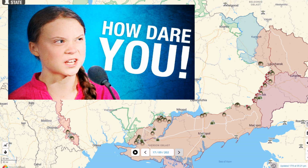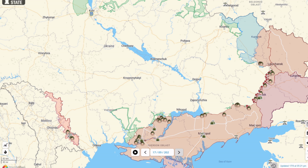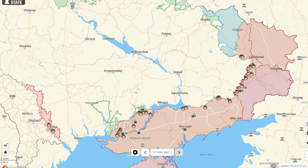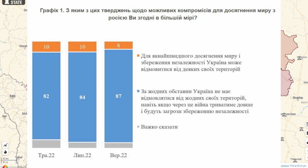And yet attempting to shell Ukraine for the last 7 months back into the Stone Age is somehow okay. So twisted logic there, as it's always been on the Russian side. And I love any opportunity to bring up any media or any news or any military engagements that show that twisted logic. Now, in some further news, a Ukrainian survey came out for the third time since the war, looking